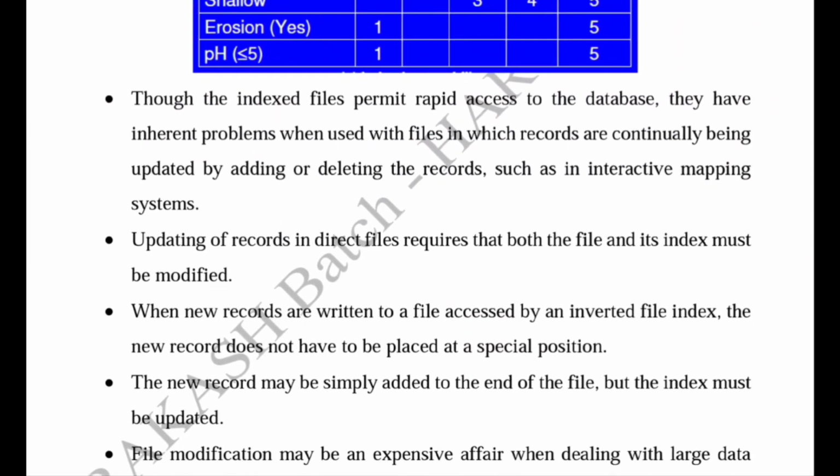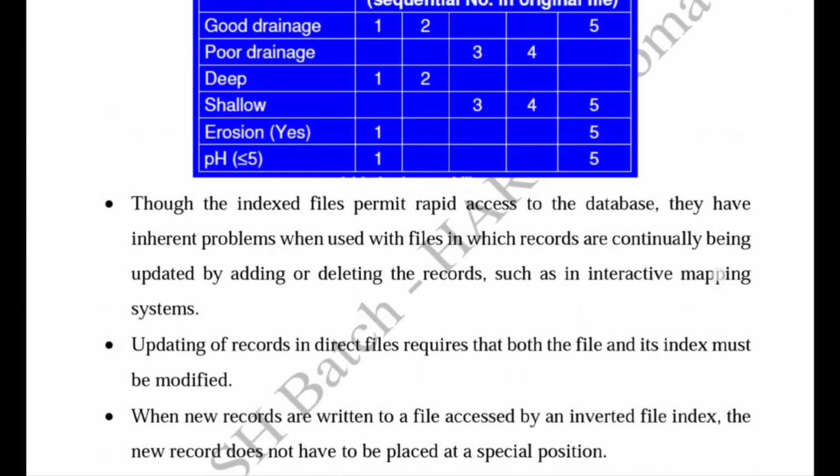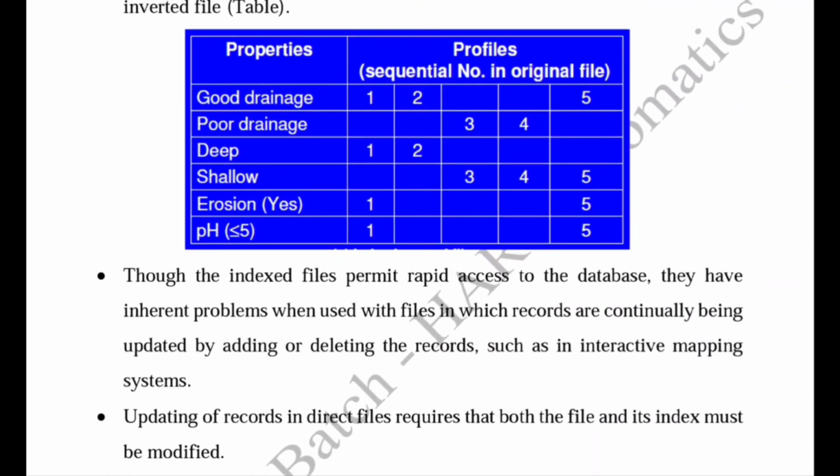Though indexed files permit rapid access to the database, they have an inherent problem when used with files in which records are continually being updated by adding or deleting records, such as in an interactive mapping system. From the inverted file or indexed file, data retrieval is very easy and clear on the basis of a specific entity or their attribute.